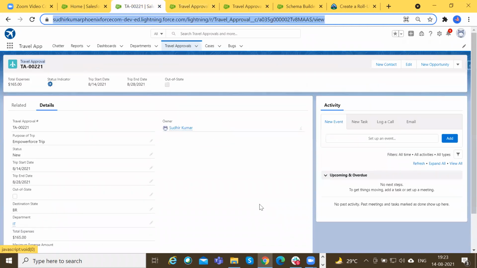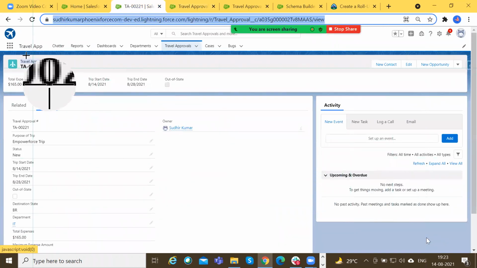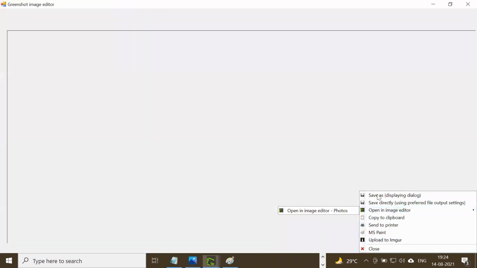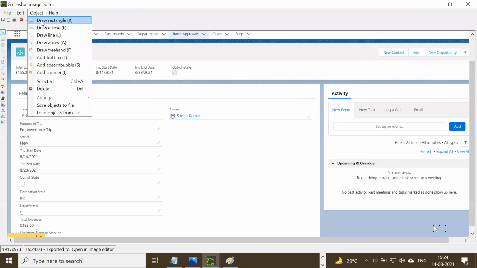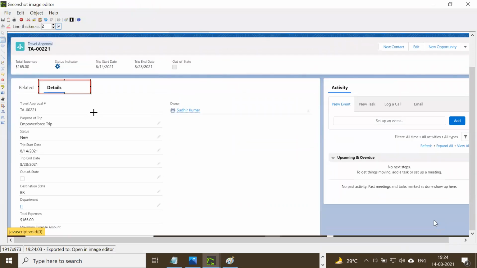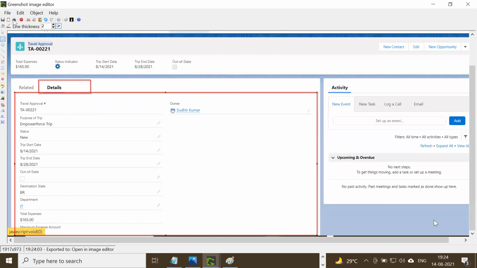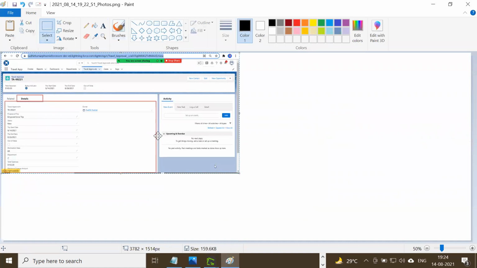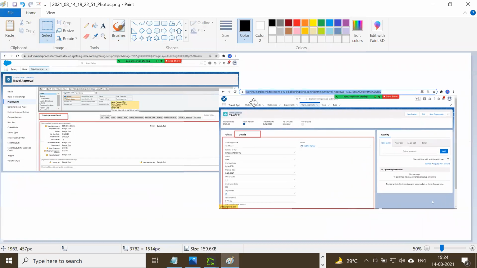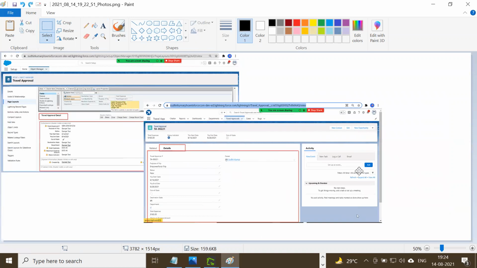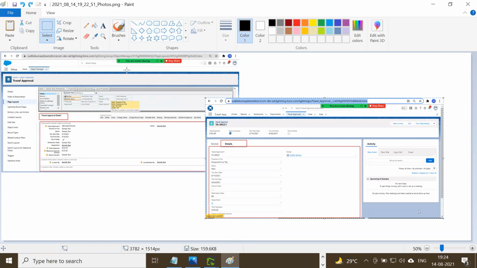Now if I open this, and this part and this whole part, copy it, go to Paint, paste it. Okay, so